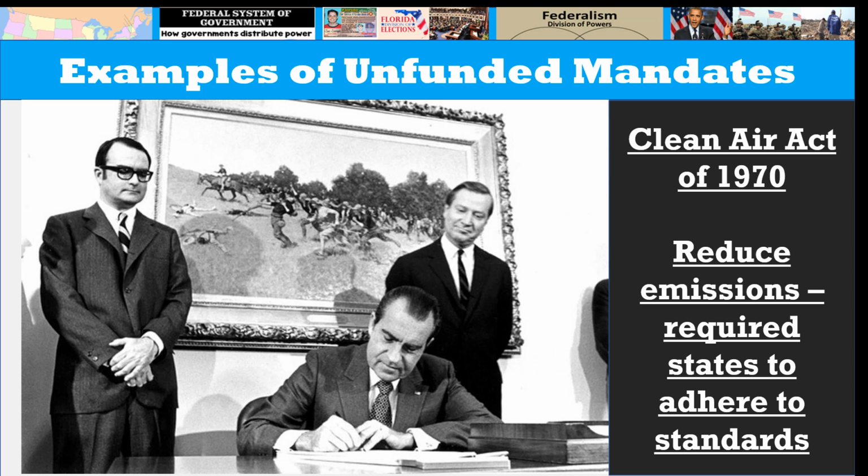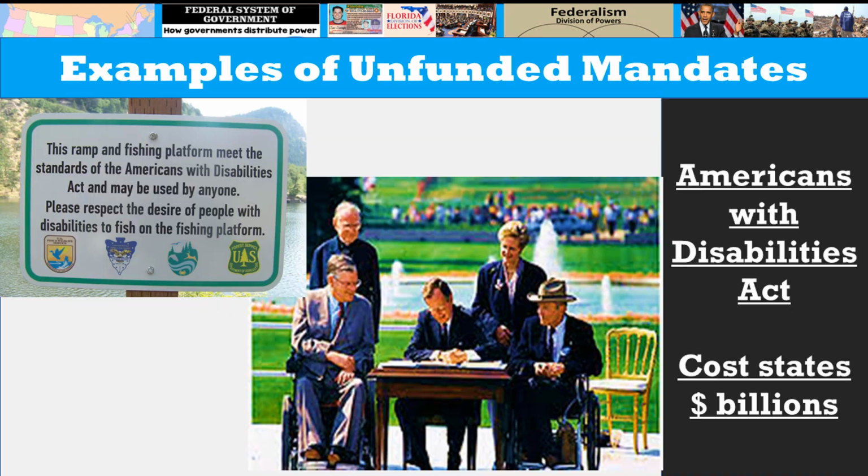Examples you should know of unfunded mandates include the Clean Air Act to reduce emissions from cars and factories, which a lot of states argued hurt their economies, but were not provided with money to implement these new regulations. Another example is the Americans with Disabilities Act, which required public buildings and transportation to be wheelchair accessible, costing states